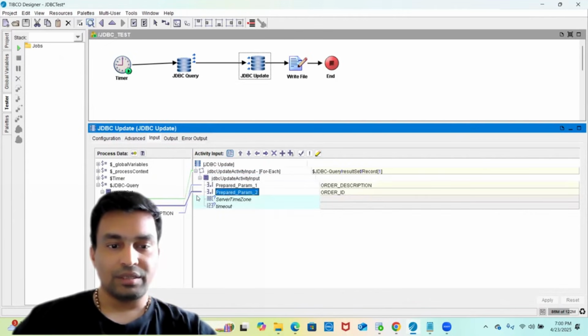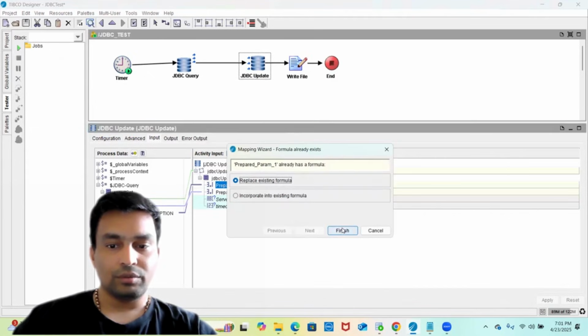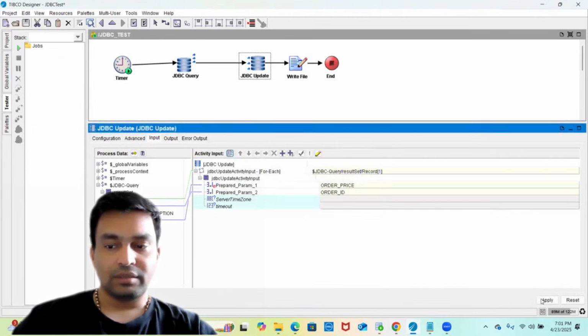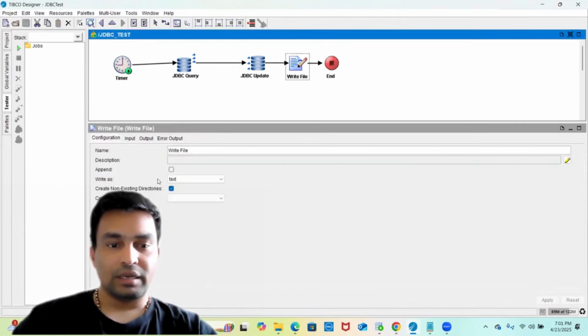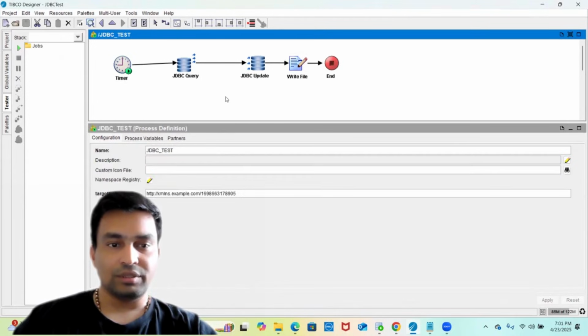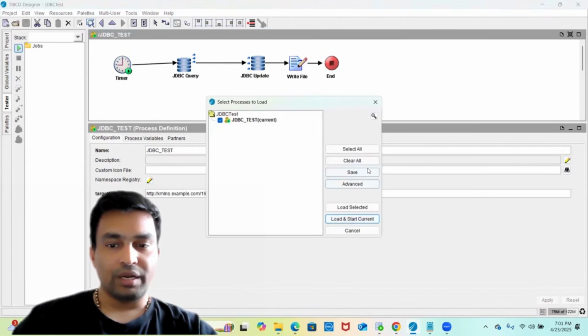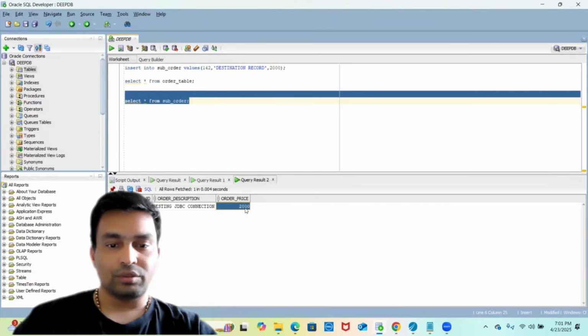Okay, now it is changed to float, and I need to map the order price instead of order description, and that is done. And here I have selected create non-existing directories option enabled, so it should not fail this time. Let me rerun it, and the final result will be this order price in the suborder table will be 3000,